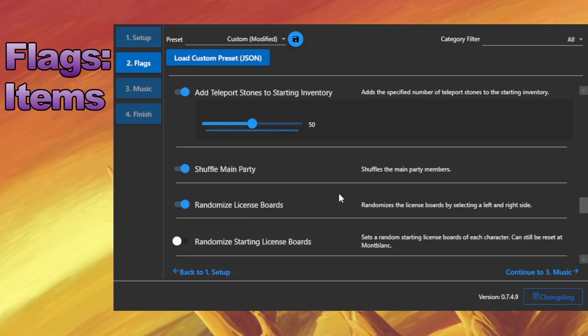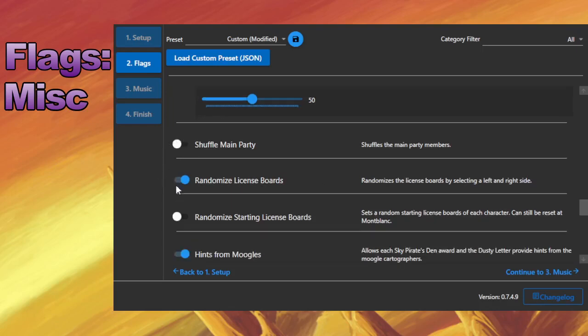Speeds things up nicely. So, shuffle main party members. This means that the party members will be in a different location to what their check location is supposed to be. For instance, normally you would find Penelo at the Giza Plains check. If this were to be shuffled on, you might find Penelo at Giza Plains, or you might find Barsh, Balthier, etc. Do not play with this one when you have randomized party member items, as there can be some potential